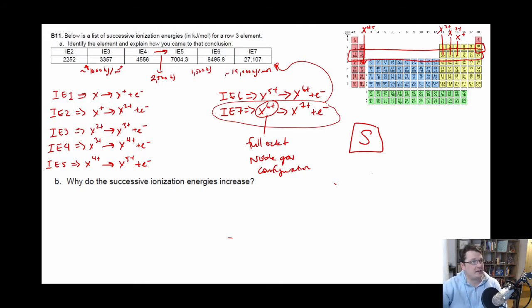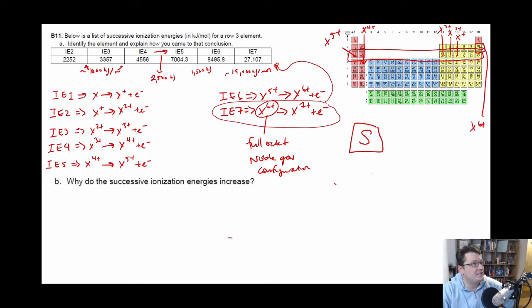And that has to do with the fact that now IE5 is breaking up a filled orbital completely again, right? It's breaking up the s orbital. And so we see that jump that matches what we have there. And so then the next, X5 plus, is going to be sodium in that case, right? And so removing that electron from X5 plus to form X6 plus, which is the neon,